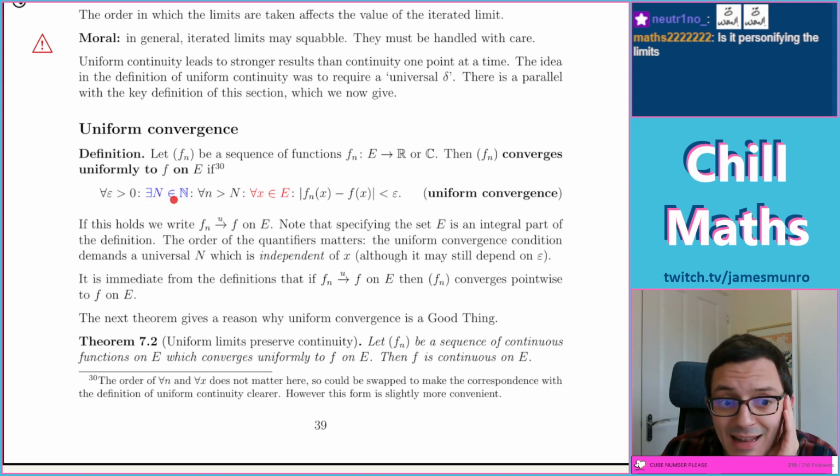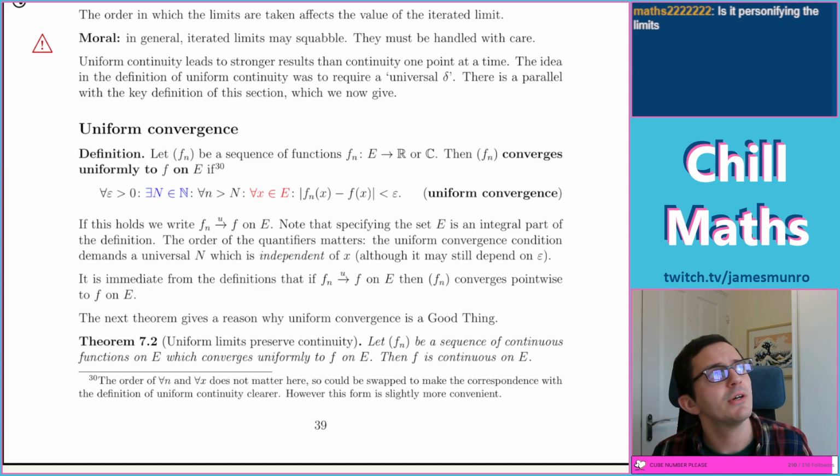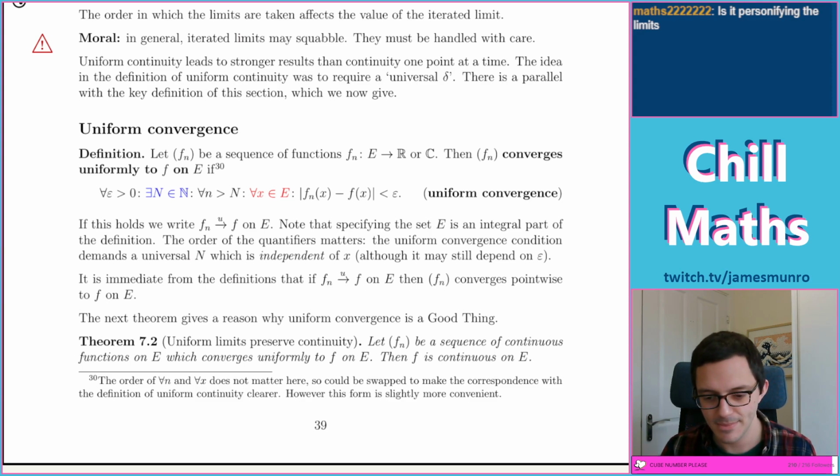You can choose an n globally for all values of x that just works everywhere, which we couldn't do before with those steep line functions, because even if you make n large, some of them are still up at 0.75, 0.8 or something at some values of x